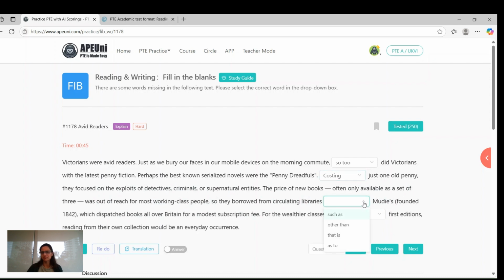called Moody's, such as founded in 1842, which dispatched books all over Britain for a modest subscription fee. For the wealthier classes who could afford,